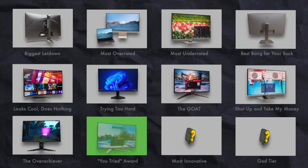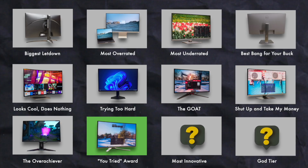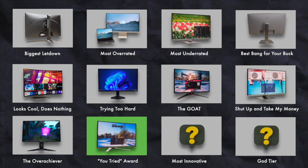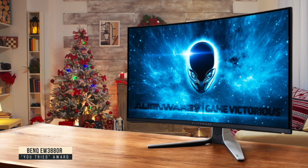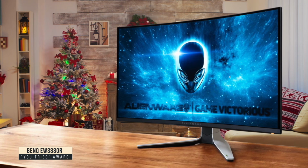The try-hard award: Alienware AW3225QF. This Alienware tries to be the perfect gaming monitor with its 32-inch QD-OLED panel and 4K 240Hz specs, but honestly it falls short in some areas. While the colors are vibrant and the 0.03 ms response time makes games like Cyberpunk look stunning, I noticed the